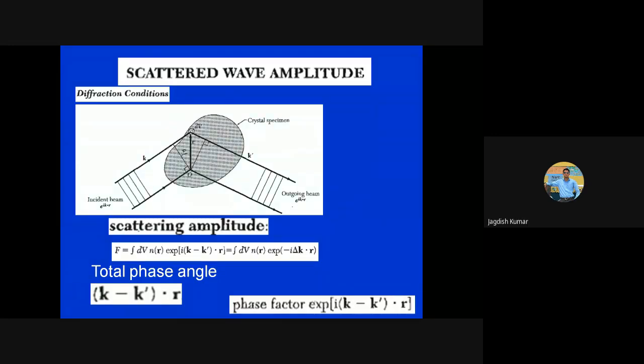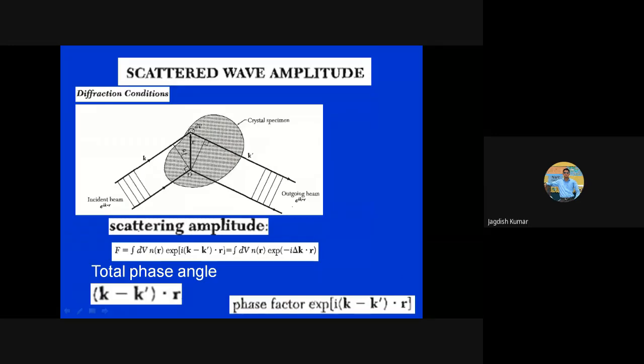This is going to be 90 degrees minus phi. Is it clear? Yes, sir. Okay, very good. So, if this is the angle between the k vector and the r vector,